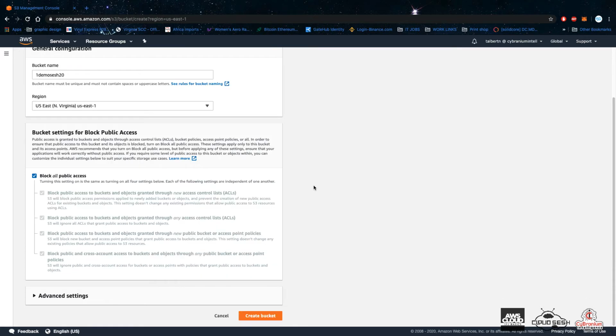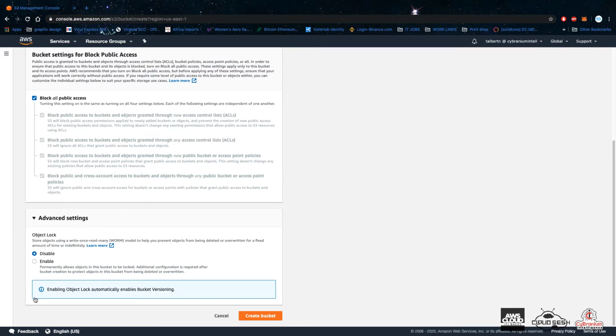And then here you have your bucket settings for blocking public access. And here you can either give access to your objects to the public, or choose to keep them private for yourself. All right, and we're just going to leave it right there. We're going to block all public access. And then if you go down to advanced settings, you have some different options there. And we're just going to keep it as is, okay? And then go ahead and